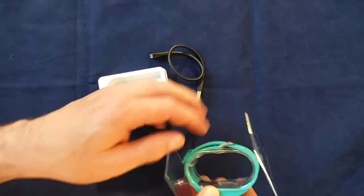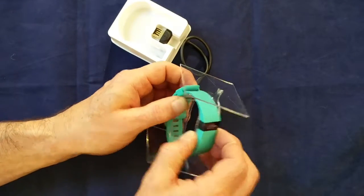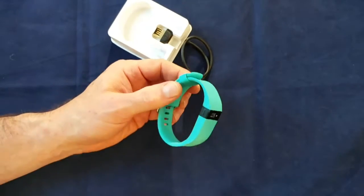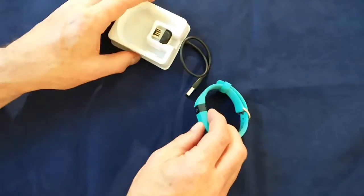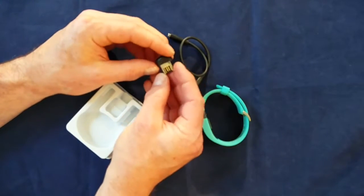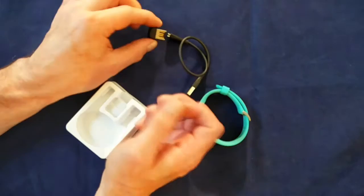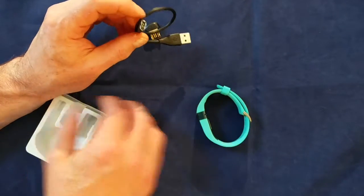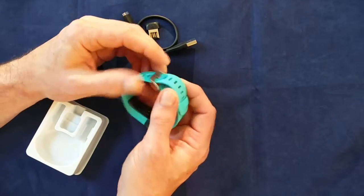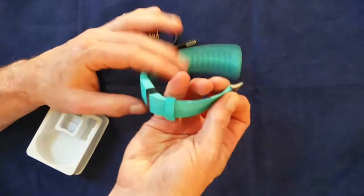So here we have the ChargeHR itself. So let's see if we can get this off the thing. There we go. For those of you who haven't used Fitbits before, if you have a PC, you can sync with your PC via one of these adapters. You've got a little, I imagine this is a little charging cable as well, so that you, the ChargeHR doesn't have a cell battery. It has a rechargeable battery, and